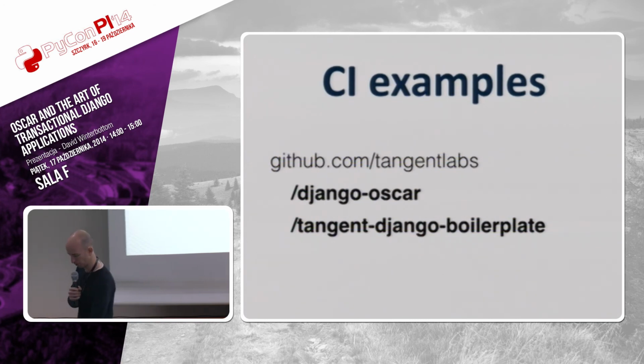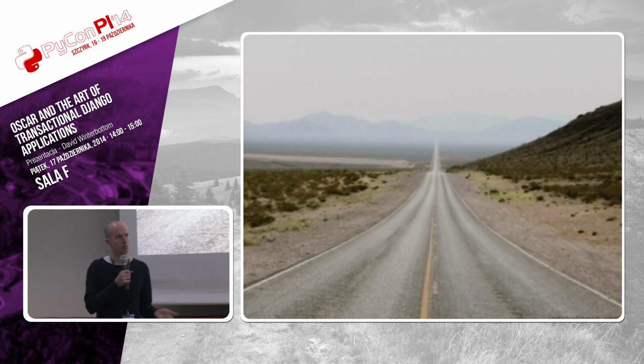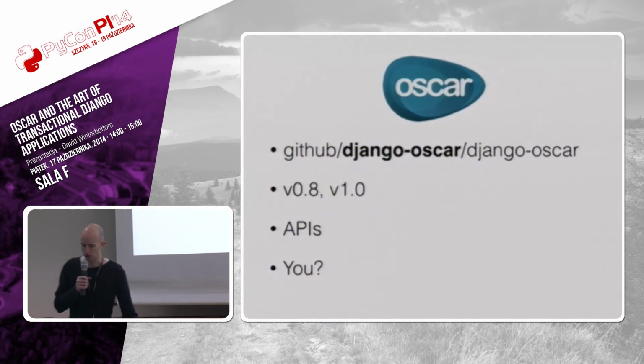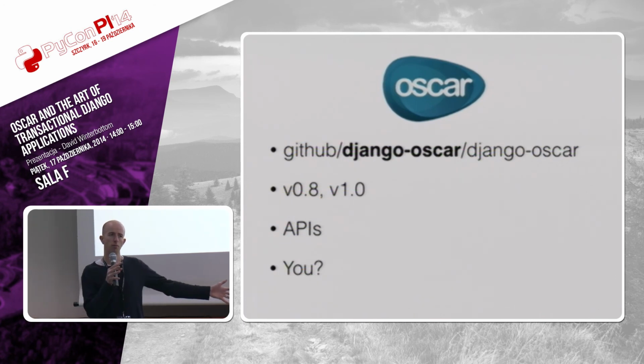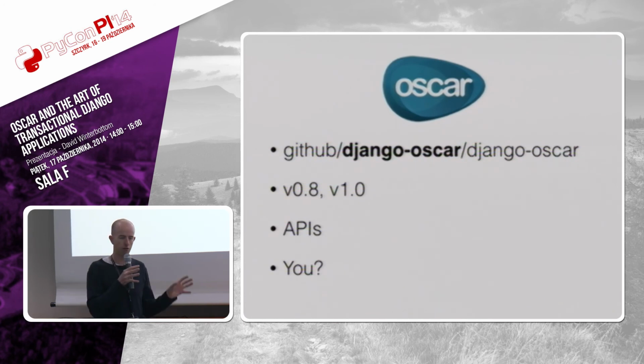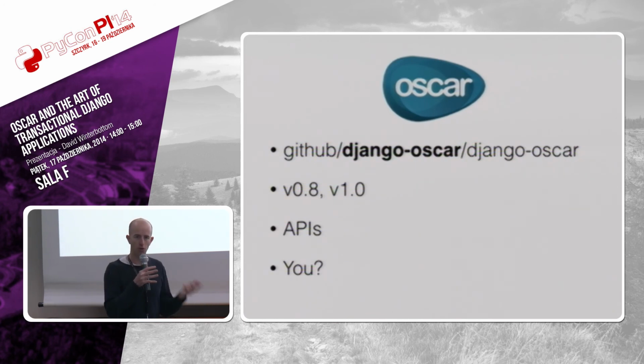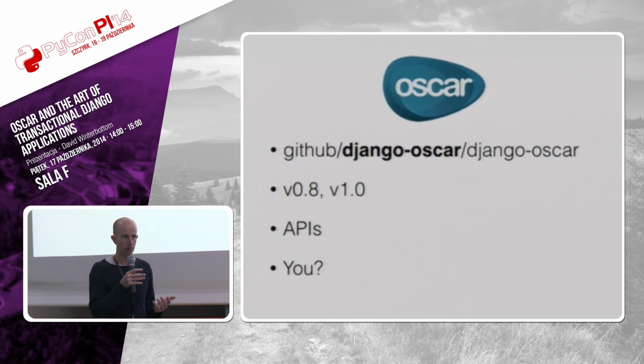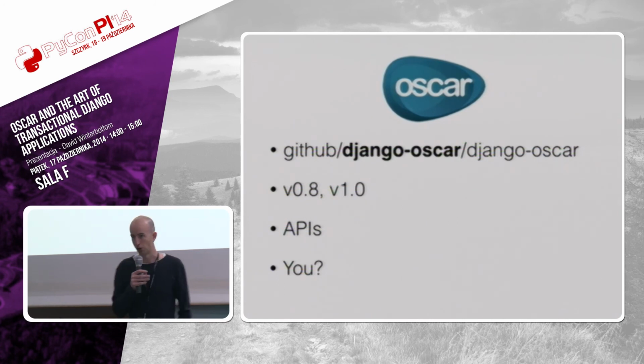It's worth just wrapping up with a few things about Oscar and what we're trying to do with that and where that's going. So in the next few weeks we're going to switch it so it's on its own organization on GitHub. We're trying to move it a little bit away from being Tangent's kind of baby to being, again, following Django's footsteps. We're trying to set it free a little bit, make it its own organization, keep all the Oscar stuff in one place. We're going to bring some more people who are heavy committers, heavy contributors, to be on the core team. And we're going to try and run it in that way.